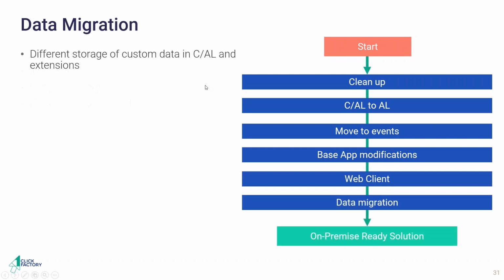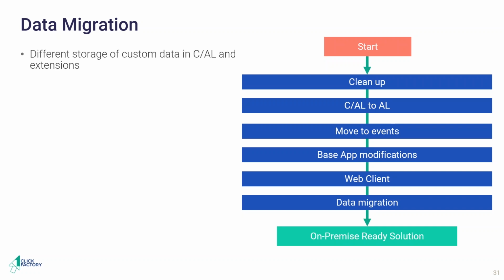And after the web client step, we need to start thinking about data migration. And the data migration is a strange step, which is not as easy as it used to be before, and it may cause some additional issues. One of the reasons why data migration is different when talking about CL to CL and CL to extensions is that in extensions, a different type of storage is used. For example, if I am moving from CL to C/AL,